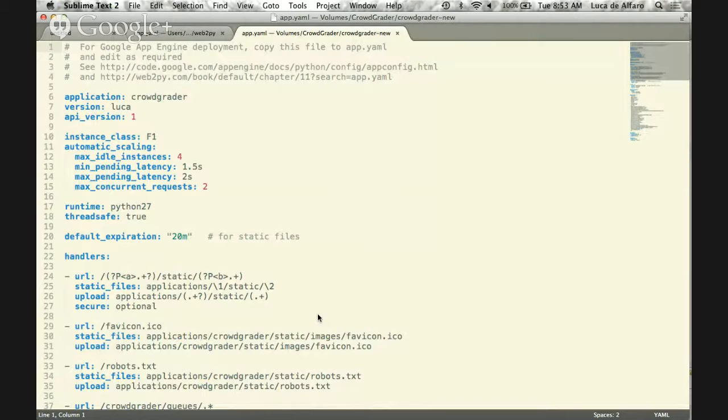So the problem is this: Google measures how busy the machine is by how fast it can queue a new request into it. So what happens is this: you start to get 1 request per second, you're fine. You get 2 requests per second, and you become busy. Now Google starts to send you 3 requests per second to that particular VM.